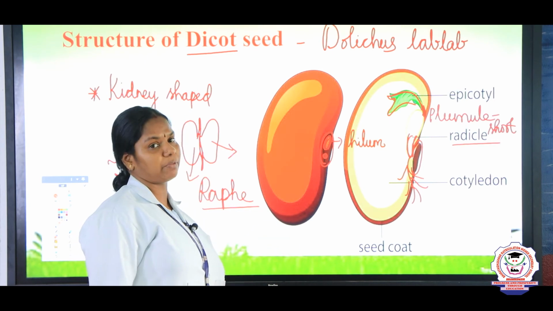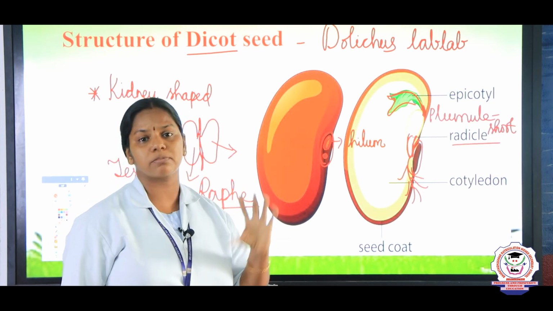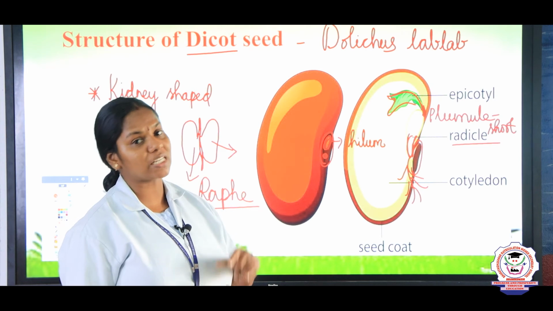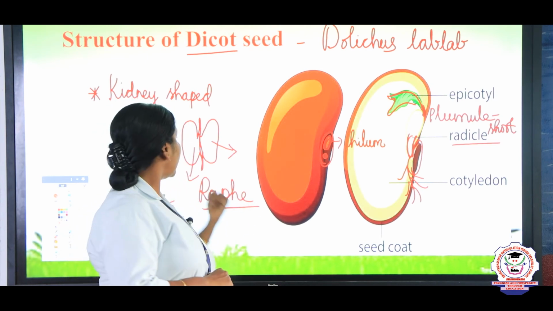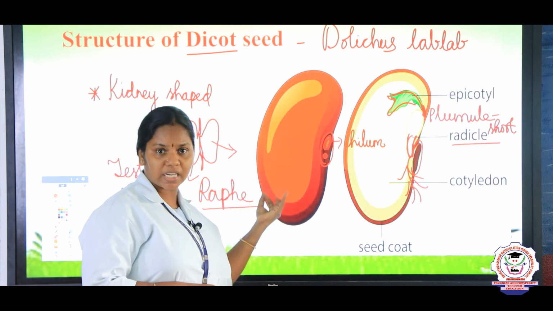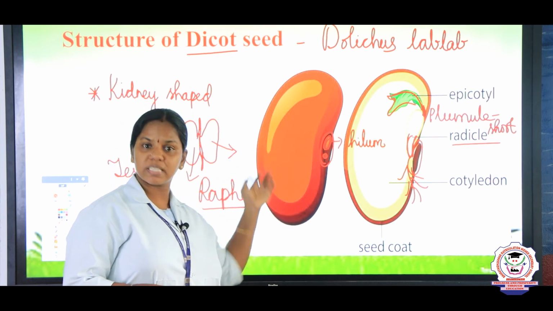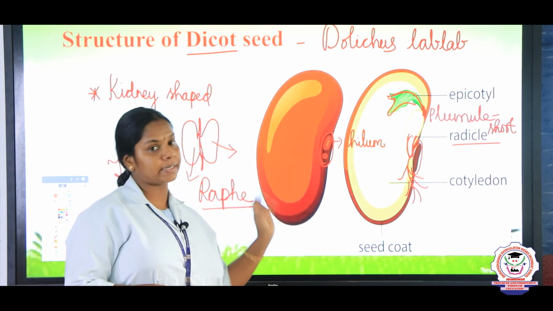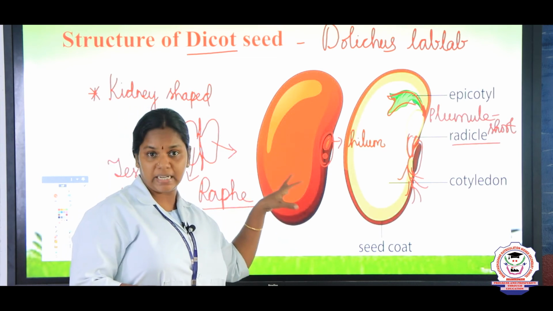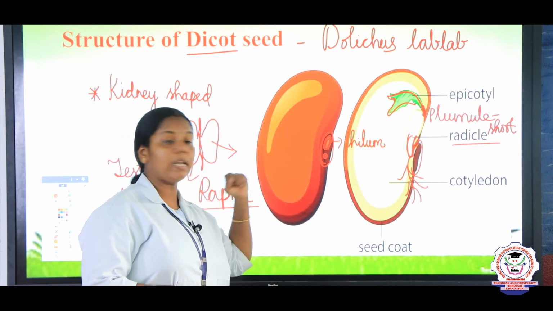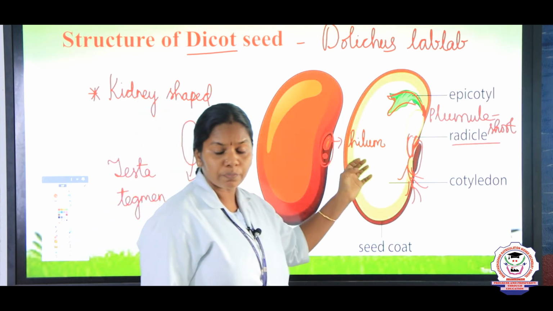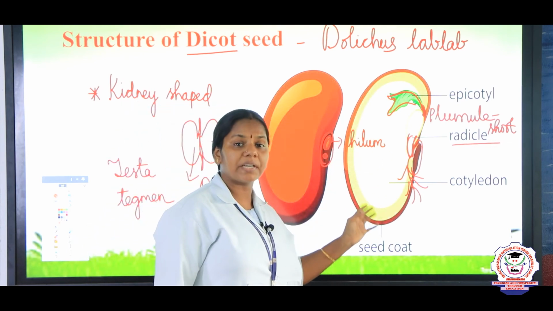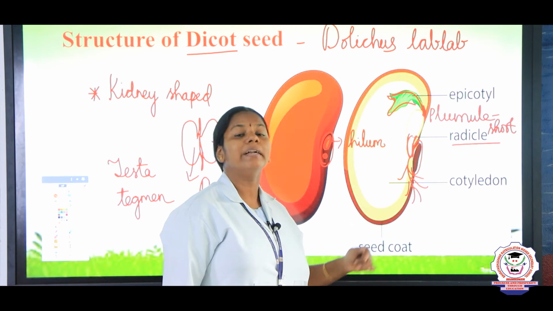So it's an important 5-mark question. You have to draw and explain step by step. First we studied why it is called a dicotyledon, and next what its shape is. It is a kidney shape, and next we studied the seed coat, testa and tegmen. Next we discussed the hilum, the micropyle and the raphe, and later on the embryo, we discussed the cotyledon. The cotyledon stores the food in the dicot seed.